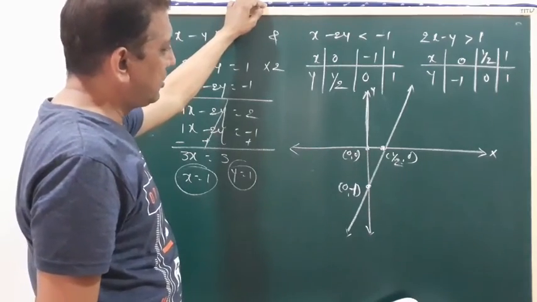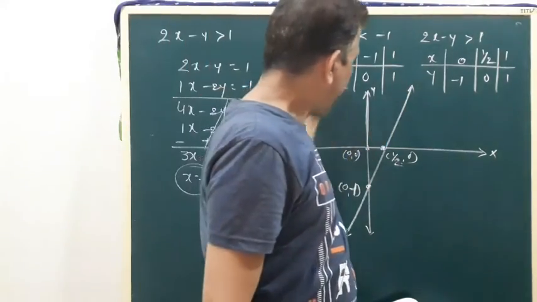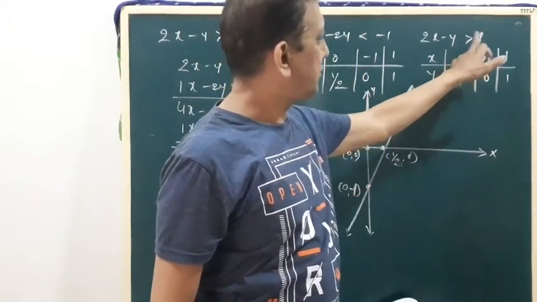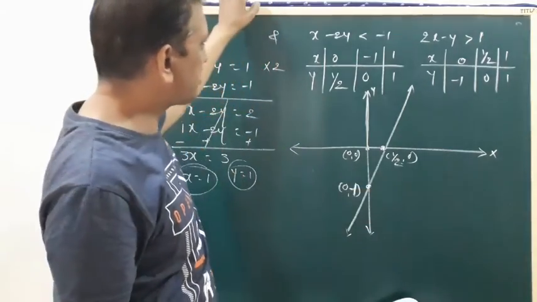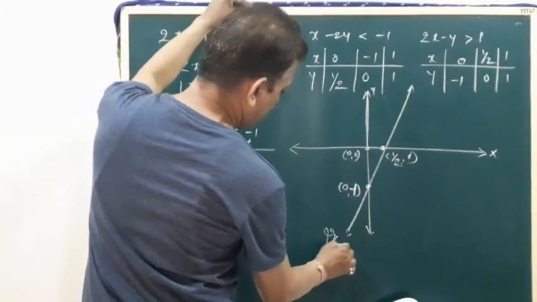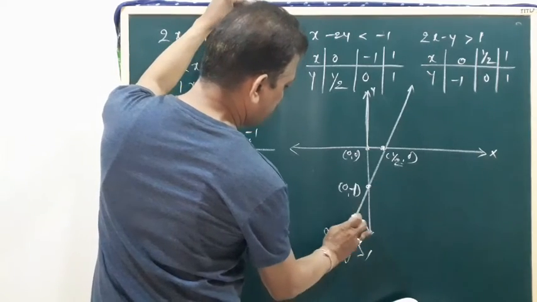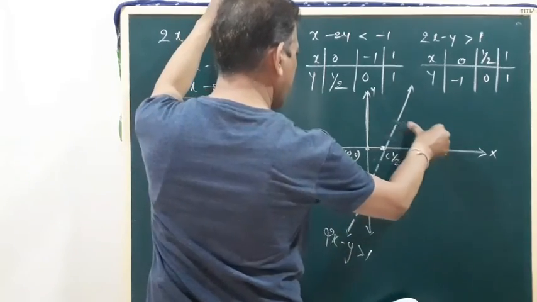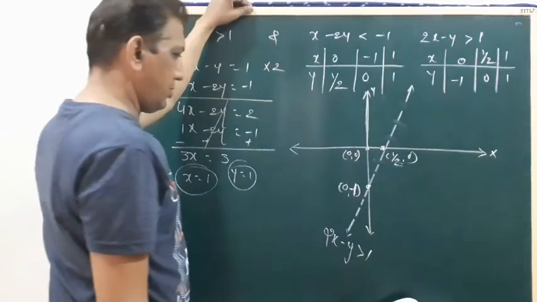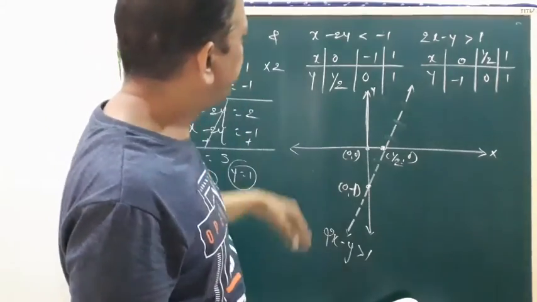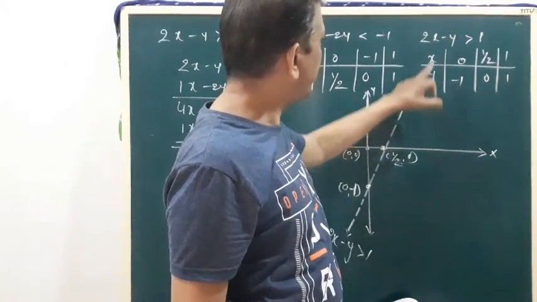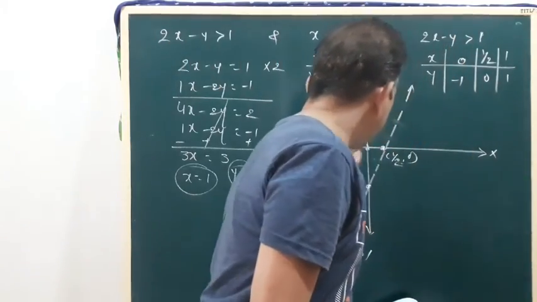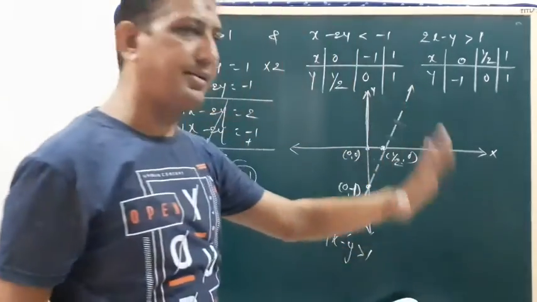Okay. Now which portion, left or right? Decide. Put here 0, 0. Not greater than 1, so it is not satisfied. 2x minus y greater than 1, dotted line, not dark. Okay. Now which portion? Next point 1, 0. Put here 1, 0. 2 ones are 2, minus 0. Okay, satisfied. So lower part, right side part of this line.